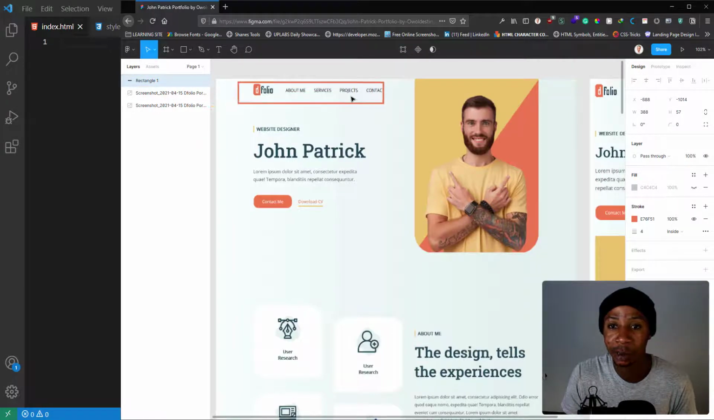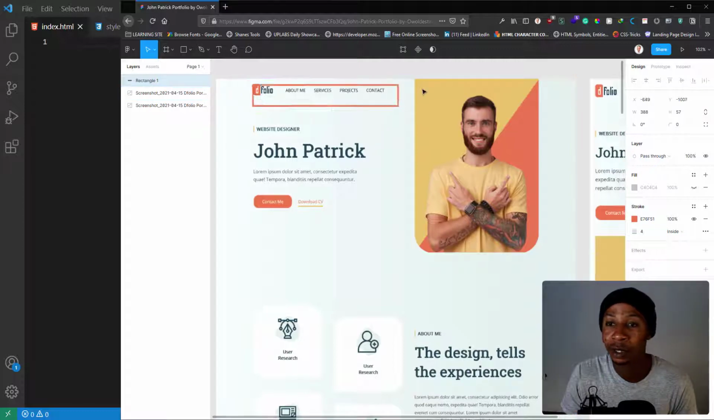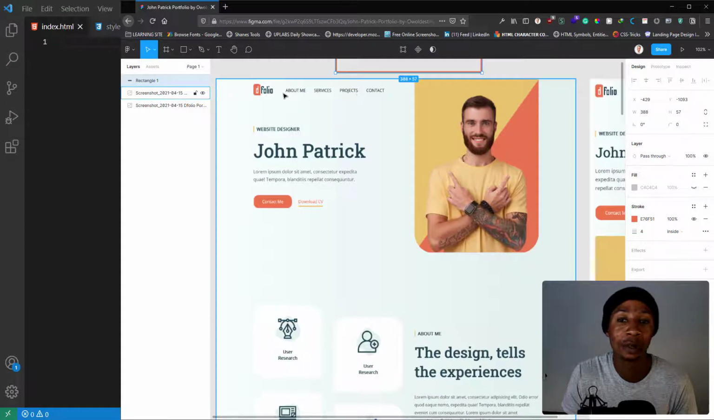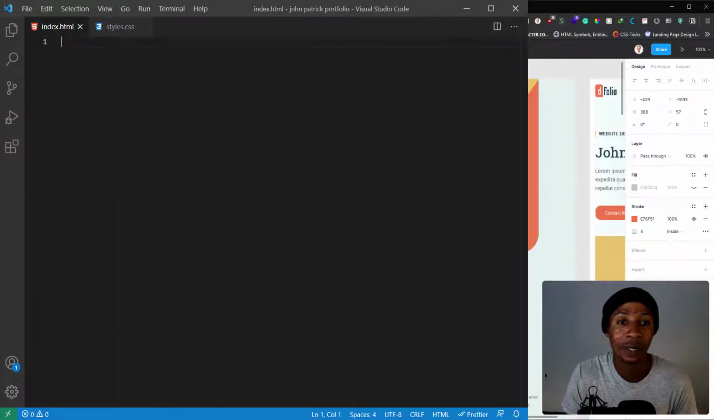Here's the navigation menu. We have the image, we have the text, the list items. So first we want to create the navigation menu, all this, and then we're going to create a hero section right here. So first I'm going to use the VS Code